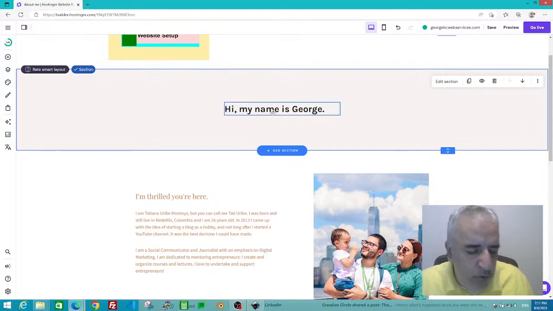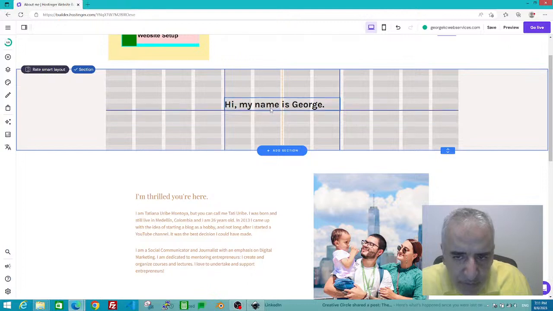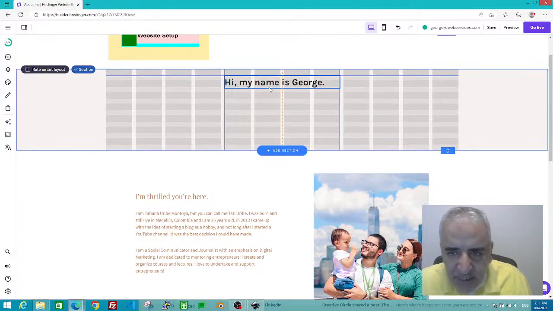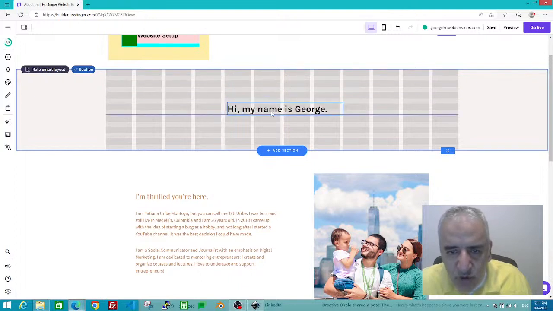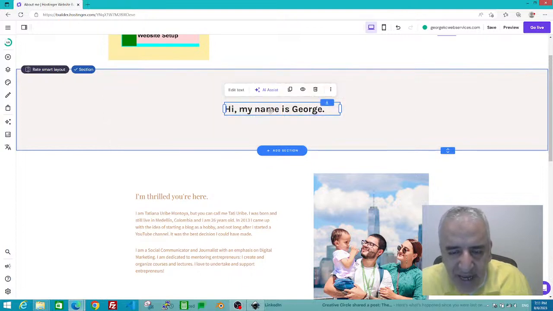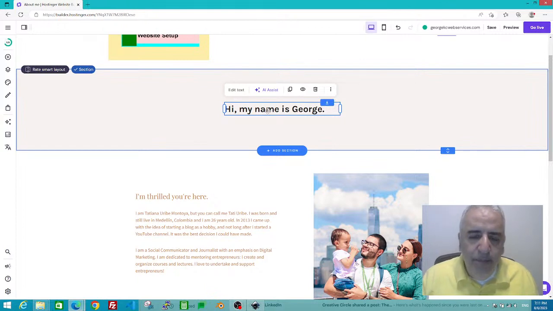And if you want to move it up and down, again you click on it and you start moving it up and down, and you see the grid. Once you release it, it's going to lock in place. So this is how you add a text element to a section on a page, and you can delete it,